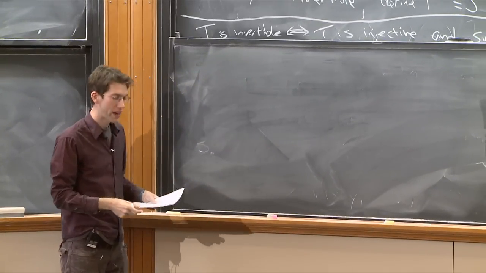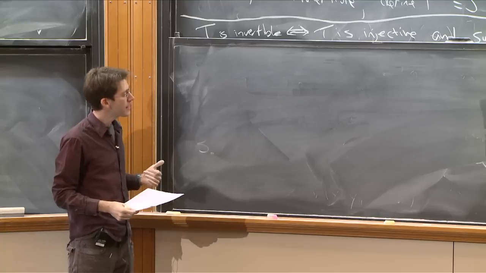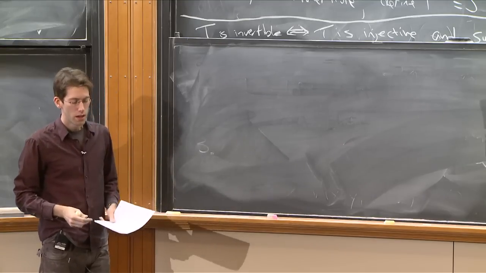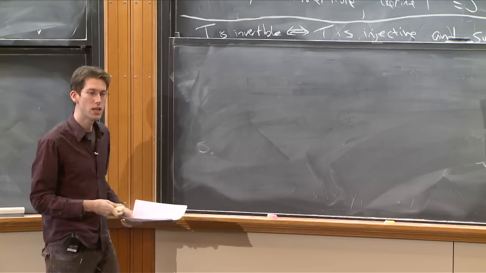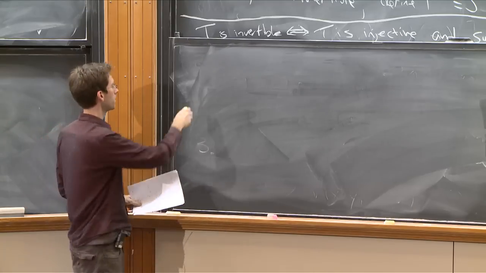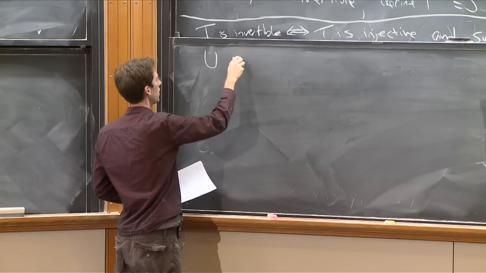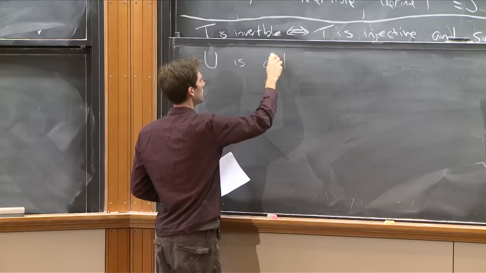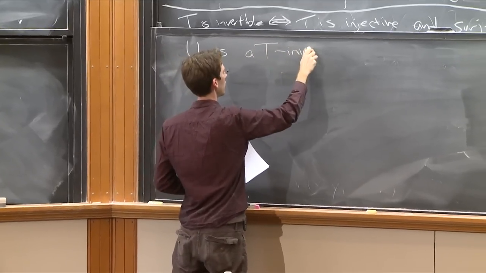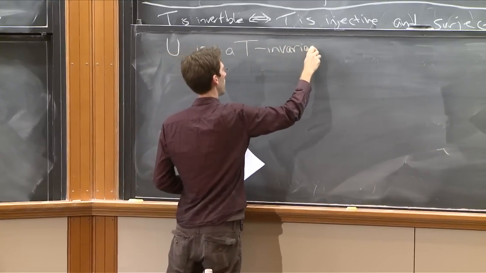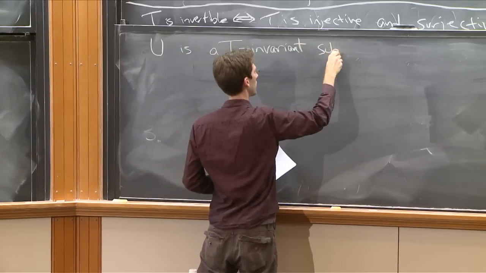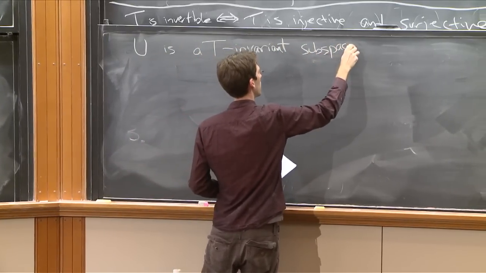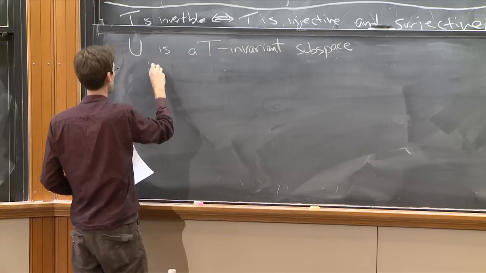The place where eigenvectors come from is by considering a slightly more general thing, which is the idea of an invariant subspace. So we say that U is a T invariant subspace if